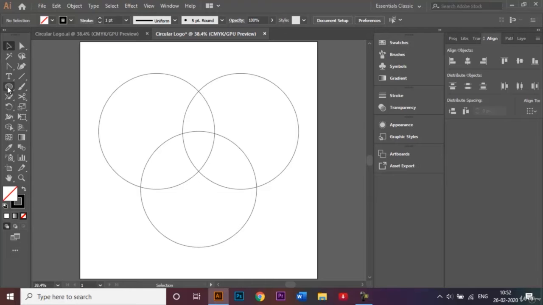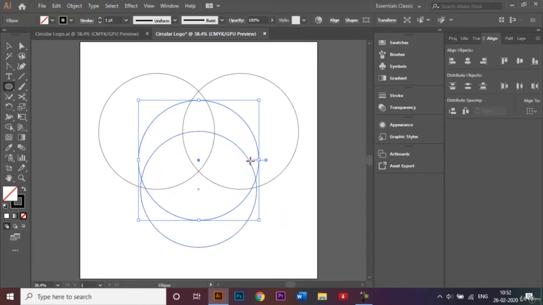So what I'm going to do is I'll go back to the ellipse tool again and come over here to the center, click on Shift plus Alt again and make another circle which actually intersects all the other three circles like that. Okay, so once that's done,